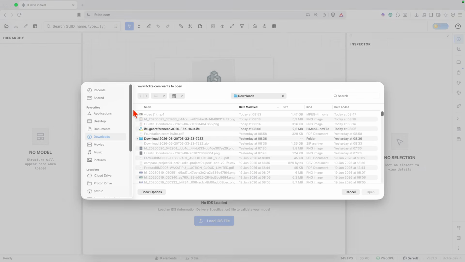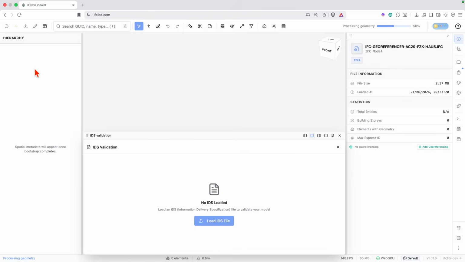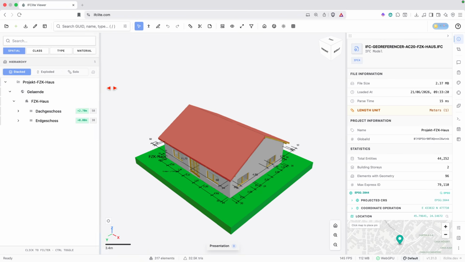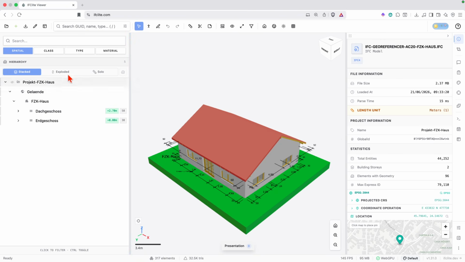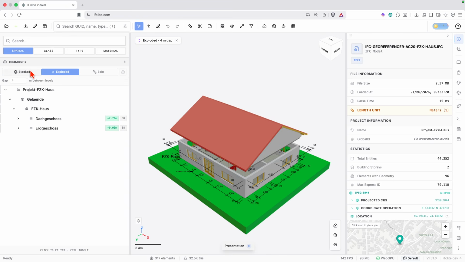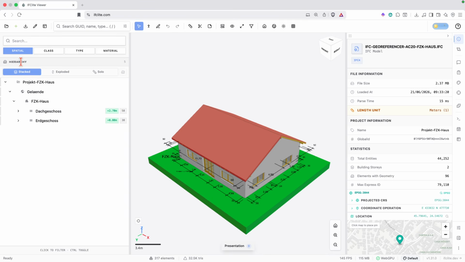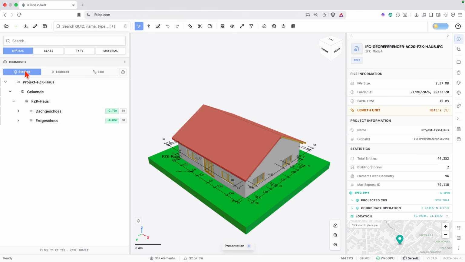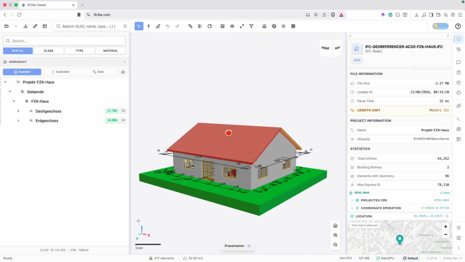Something else important here is that I saw that actually Louis has added some stuff here. I'm not going to explore that today because I think it's going to take some time, and I'm not sure I understand exactly this, but yeah, he added these things here, stacked, so in a way to see the hierarchy: stacked, exploded or solo. So stacked,